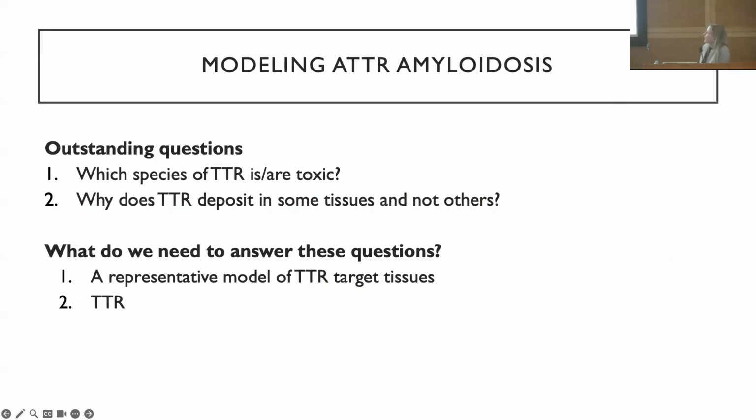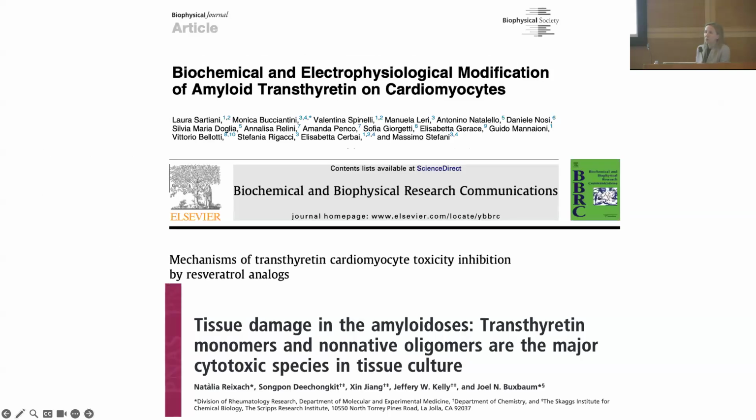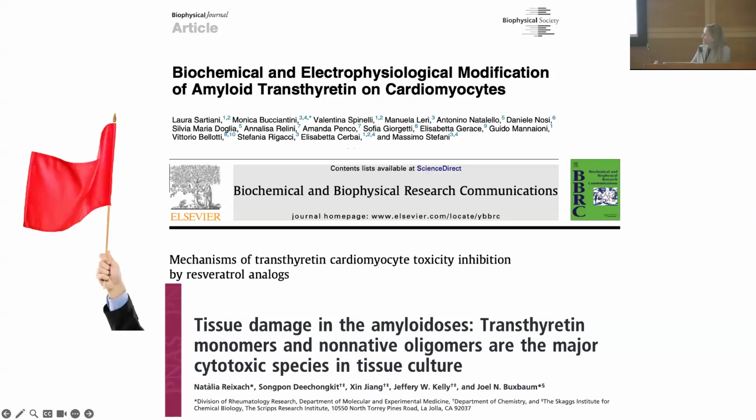And so we thought, in order to answer these questions that I've told you are of interest to us, the two things that we really need are a representative model that mimics what we see in humans, and we need TTR protein. And obviously, we were not the first ones to think about doing this. It had been attempted in various different cell lines, not in stem cells, but in various immortalized cardiac and neuron cell lines. But actually, compared to other amyloid diseases, the amount of literature in this field was infinitely smaller. And that really should have been kind of a red flag before we started this project.